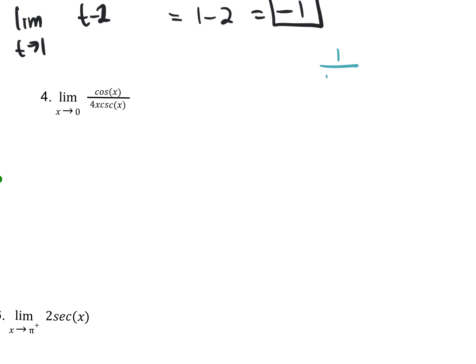So if you notice that we have cosecant on the denominator here, which I can't do a whole lot with. Cosecant of 0 is actually 0 as well. But if you remember, 1 over cosecant is also sine. So I can actually rewrite this limit, not really doing a special trig, just doing trig identities. I could write this as cosine x, and then this cosecant could come up on the top as sine x